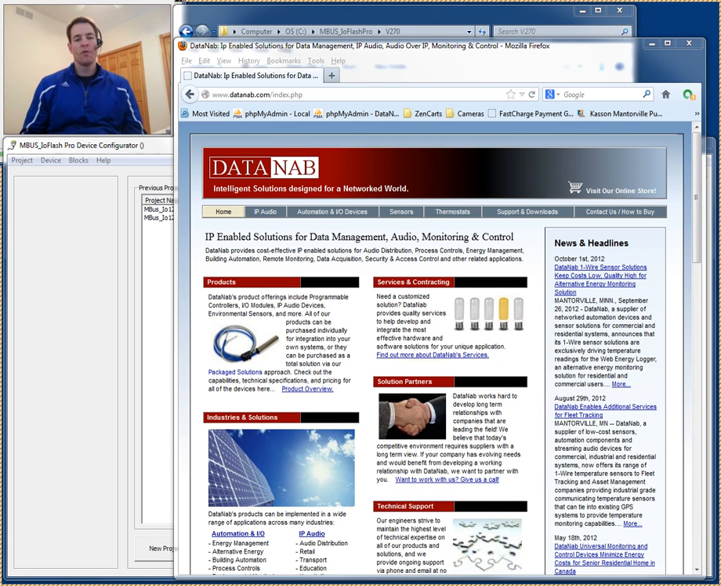Hi, today we'll be looking at the Modbus I Flash software. The Modbus I Flash software is what DataNab provides our customers to use in order to program our programmable I/O devices. First we'll start off with explaining how you can get the I/O Flash software from the website,